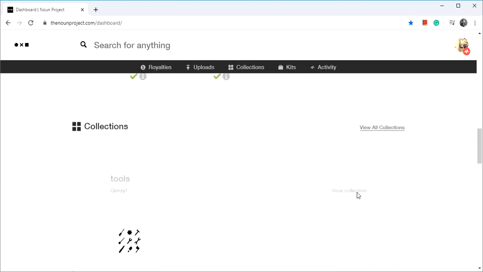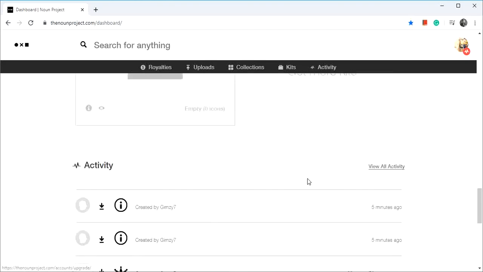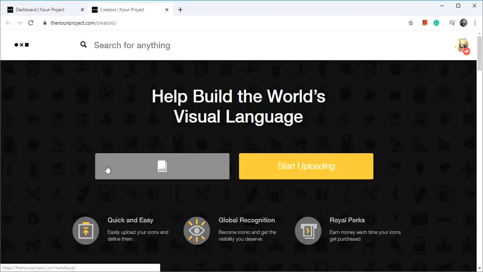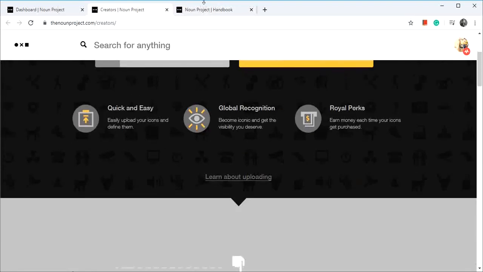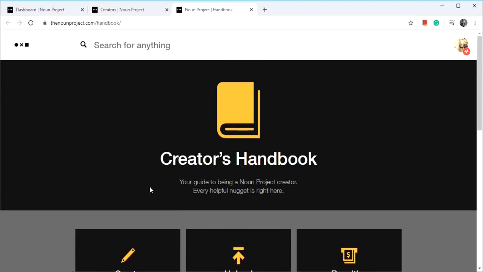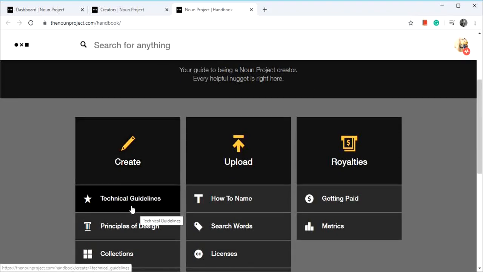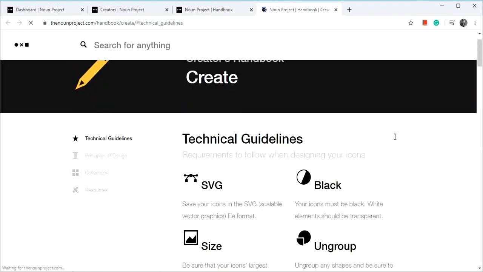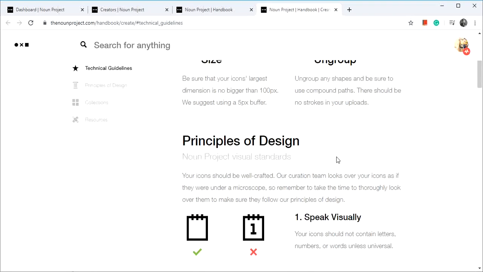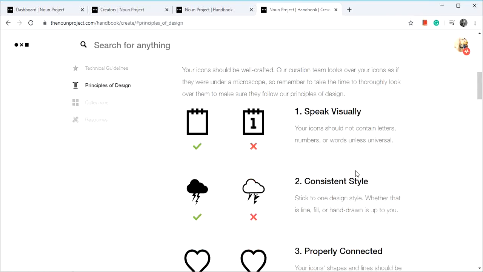So I will show you guys their guidelines. Let's scroll down, and there you will see the icon creators, and there you see the creators handbook. Once you go there, you will see the guidelines a creator wants when it comes to creating icons. Here you have the technical guidelines. I will read this to you. We have a lot of things that we need to follow when it comes to creating icons. We have principles of design and technical guidelines,